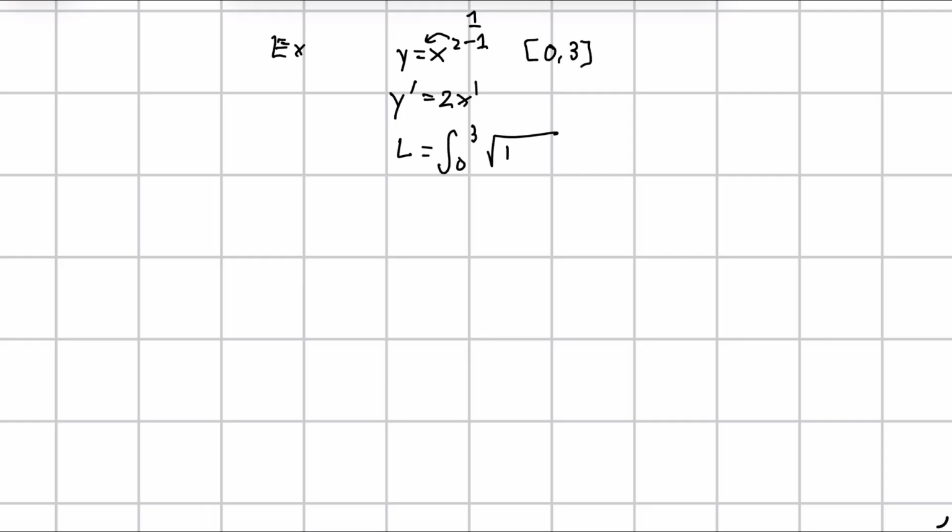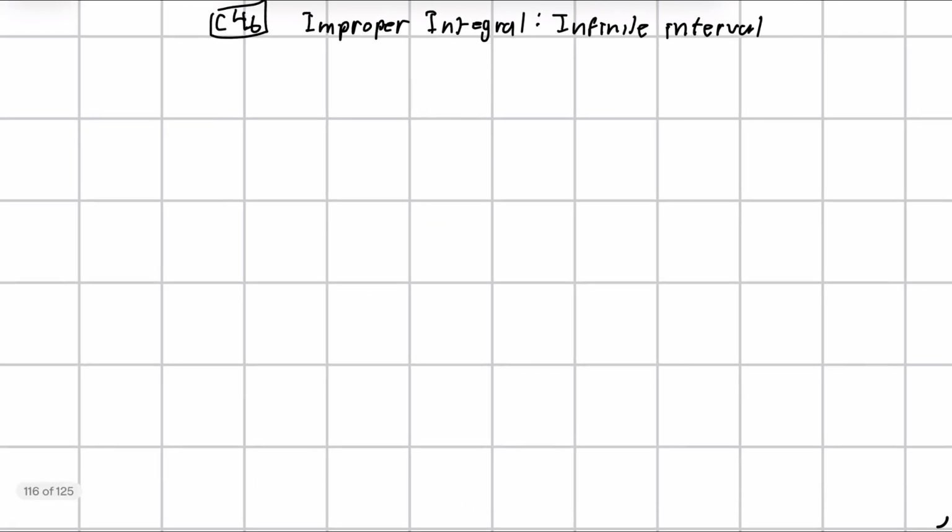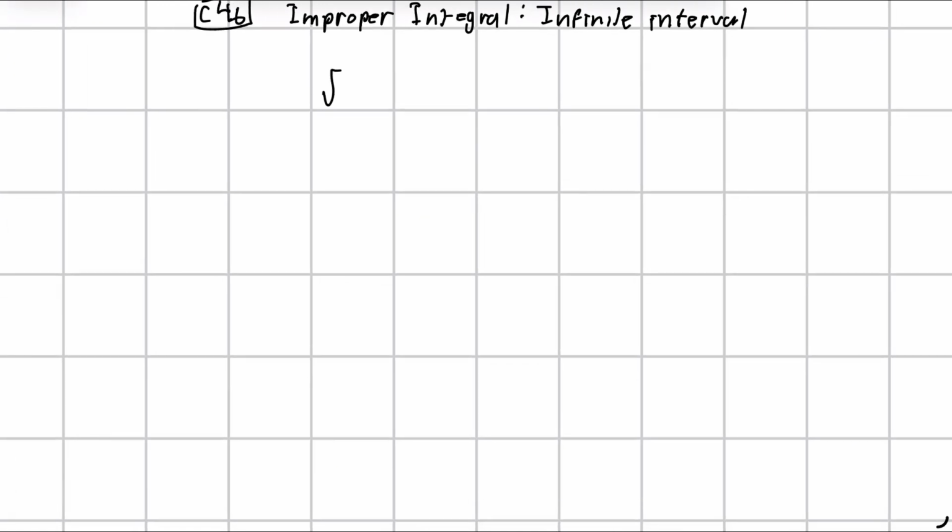So then we have the square root of 1 plus 2x squared times dx. So this is going to be our answer, right? So what about if we have the case of an improper integral, and we can call this an infinite interval? It's a lot of i's, but we have the integral from a to infinity, f of x dx, and